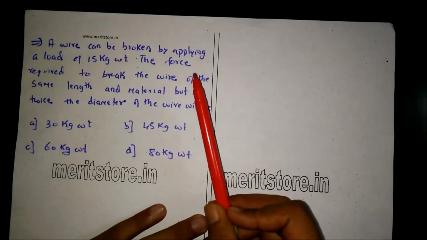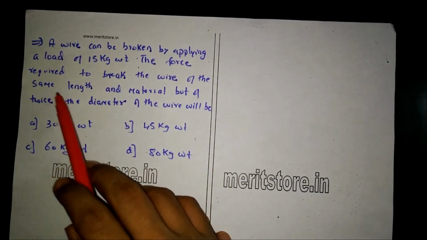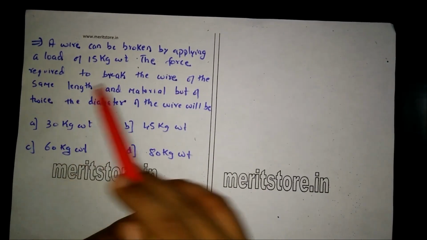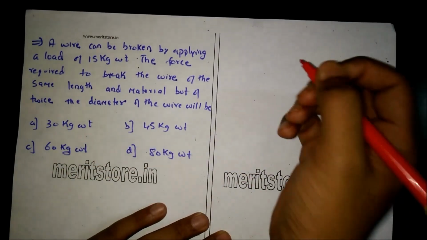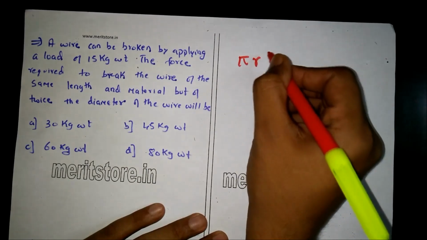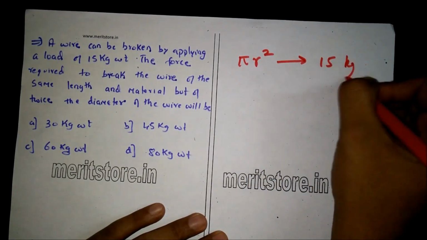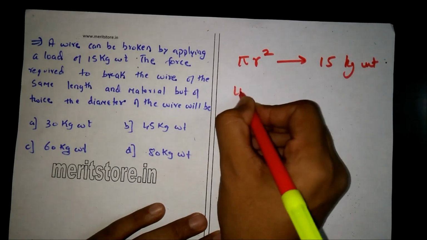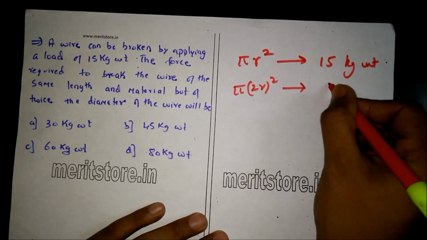A wire can be broken by applying a load of 15 kg weight. The force required to break the wire of the same length and material but of twice the diameter of the wire will be, here are the options. Now, a wire of uniform radius can be broken with a force of 15 kg weight. Therefore, a wire of twice the diameter, which is twice the radius, 2r, will be broken by how much